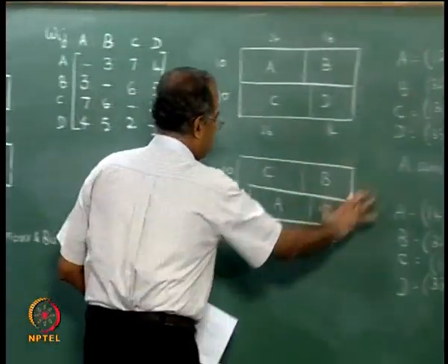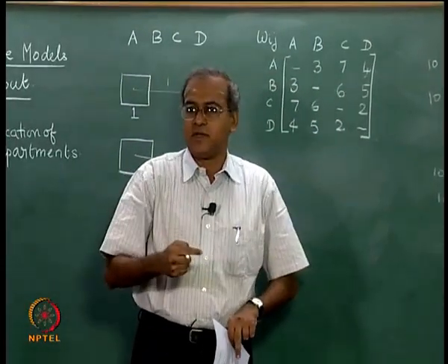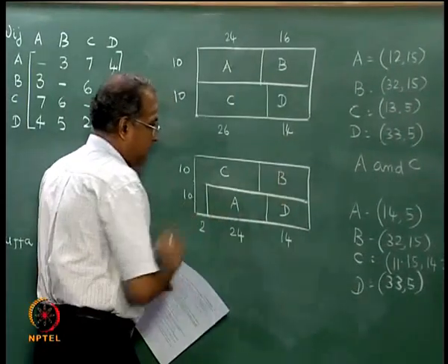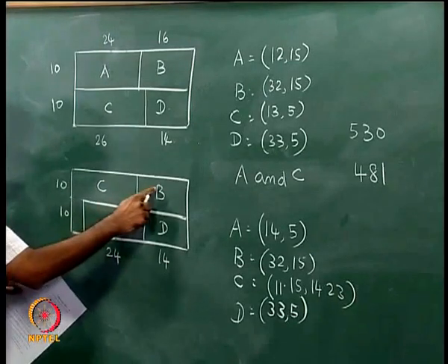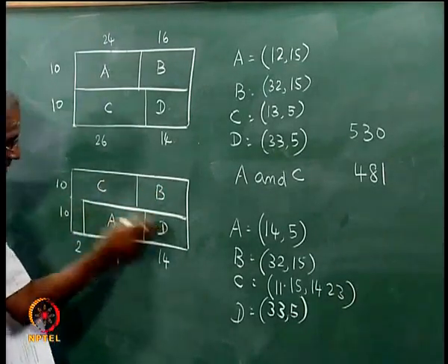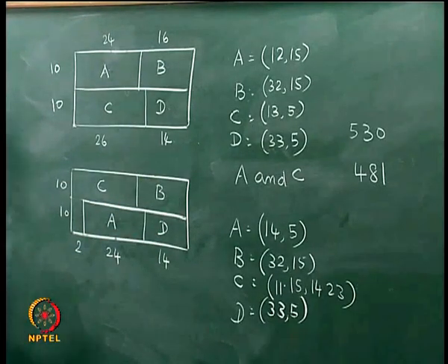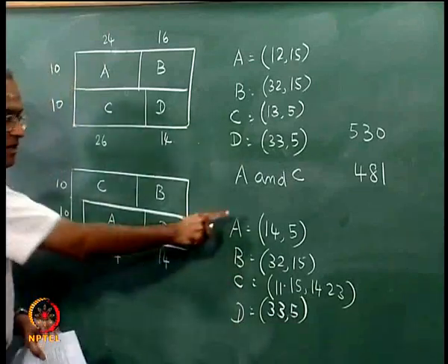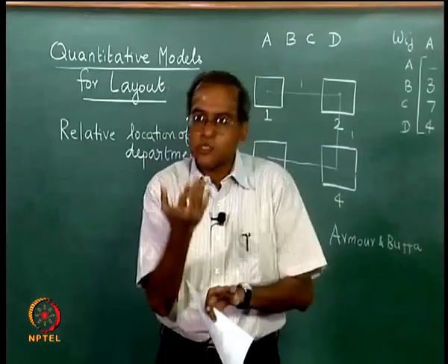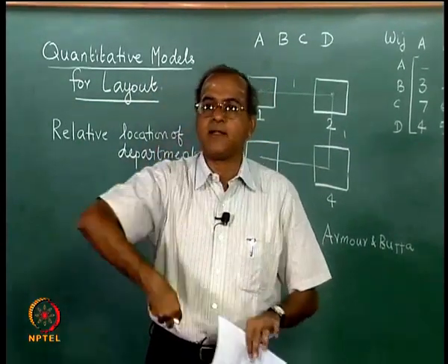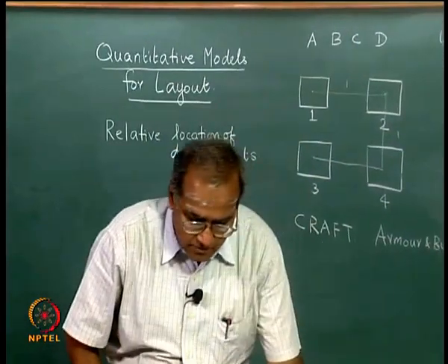Now we have another layout which is like this. Now in this layout we try to make exchanges. Now we can try and exchange A to B, we can do A to C, we can do A to D, we can do B to C, we will not do C to D, but we can do B to D. So we can try 5 more exchanges by simply first exchanging the centroids and then finding out if something is better, and after that actually making the exchange and updating the centroid. So this process can be continued till we actually get